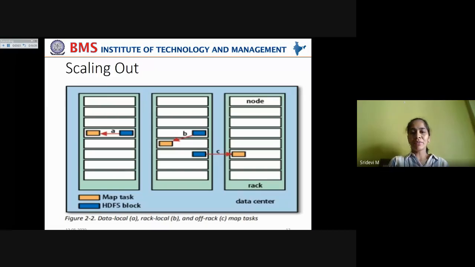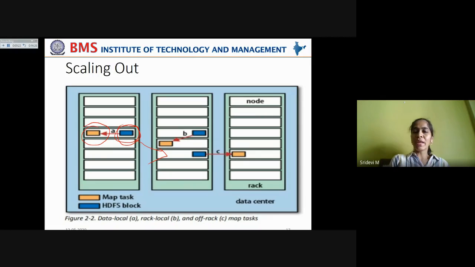Now that is indicated with this diagram. Say this is the map task and this is the HDFS block. When this HDFS block sees that a node is busy with a map task, it searches for a different node which is free and can take up the map task.